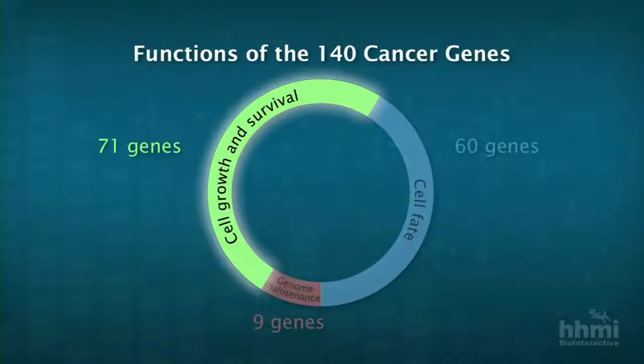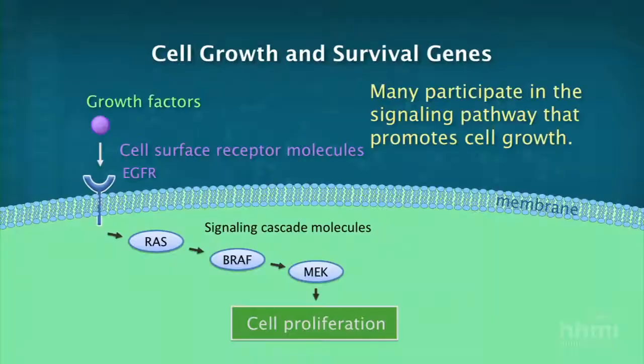So let's look at the 71 cell growth and survival genes. What are these? This is over half of the cancer genes. These are ones that you're familiar with, and many of which we talked about yesterday. These are the proto-oncogenes. These are genes that are involved in signaling pathways in cells that sense signals from outside the cell and regulate the normal growth of various tissues. A classic example being the epidermal growth factor receptor, which we'll talk about in some detail in the second half